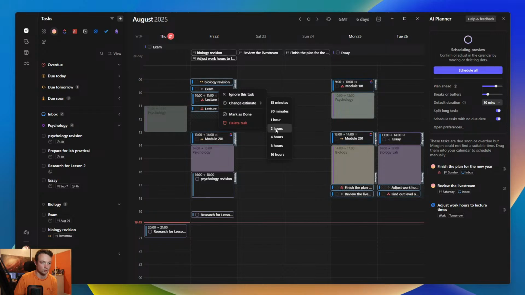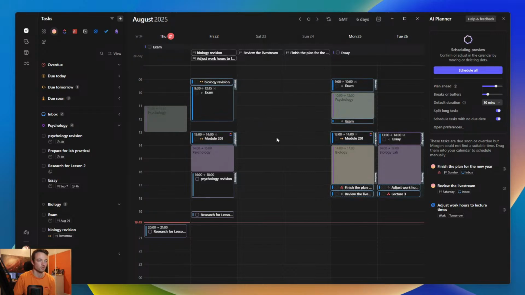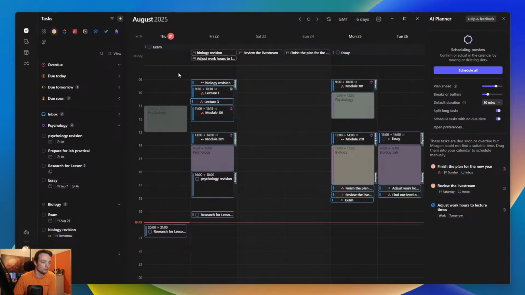It's definitely going to take longer than that. So let's just say that's going to take 4 hours. And you can see now the exam is being split across Friday and Monday to make sure I have enough time to get it done. I probably wouldn't do it at that time, so I'll drag that one down there a little bit, and yeah,